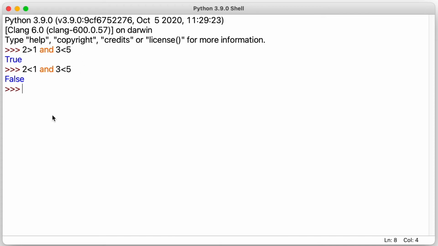Let us check with OR operator. Suppose 3 is less than 5 or 5 is greater than 10. So here the first condition is true, but the second one is false. But OR operator wants only a single condition to be true. If any one of the two conditions is returning a value true, then the OR operator returns the value true for this whole expression. So this is returning true.